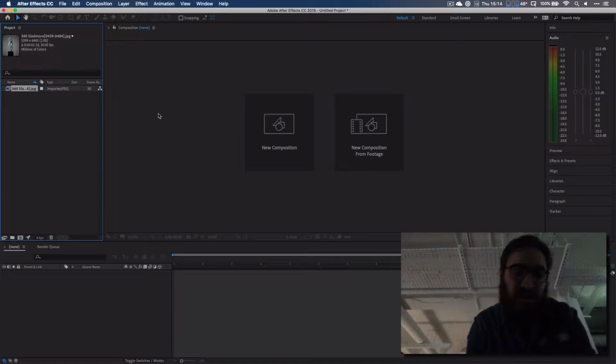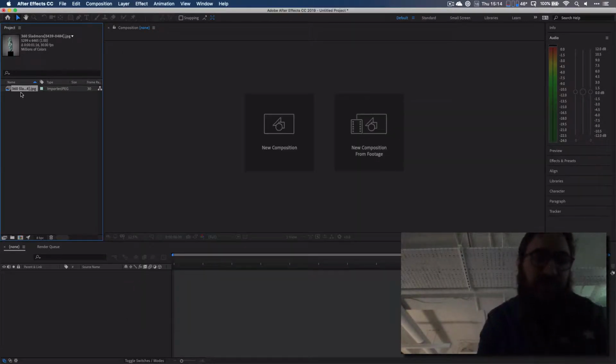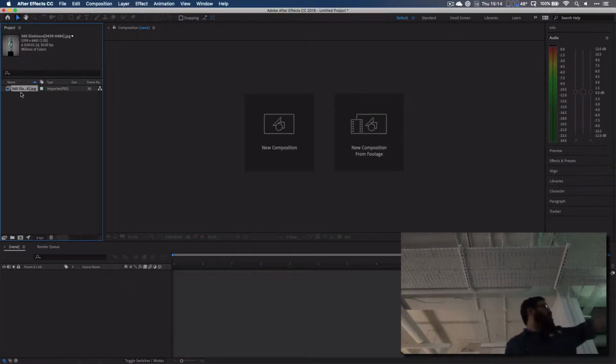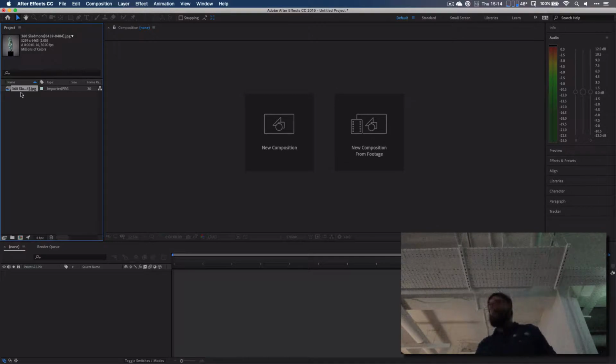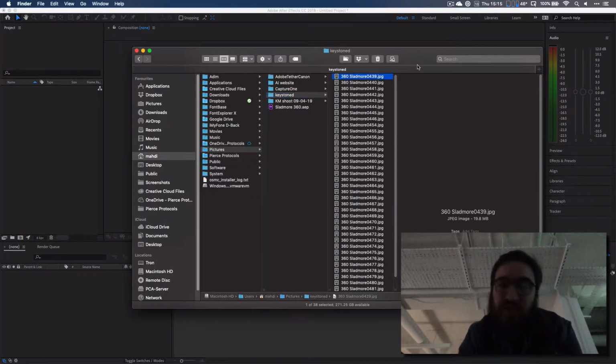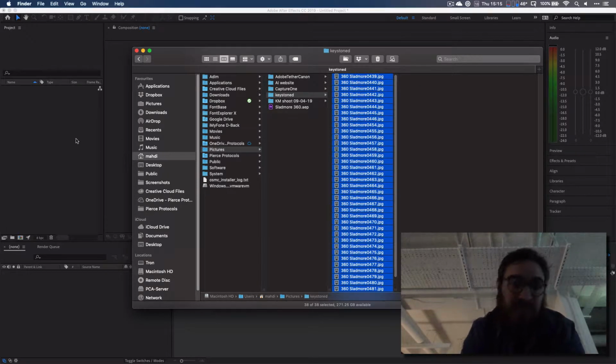Now, you note when I just dragged and dropped the folder in, it's done that. Importer.jpg. After Effects natively, if you give it a folder of images, will say, oh, hang on, these all have sequential numbers, I presume this is an animated sequence. Don't drag the folder in. It tries to be clever. It's one of After Effects' biggest flaws. So don't do what you just did. Exactly. I showed you that specifically so you could see what it would generate, which is something that is utterly useless to us. What you have to do is go into the folder, select the images, and drag